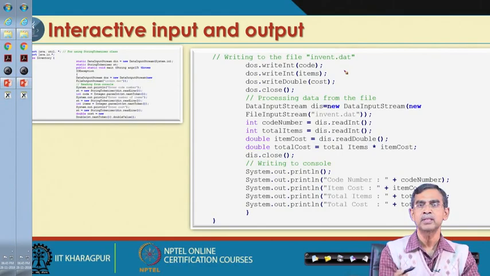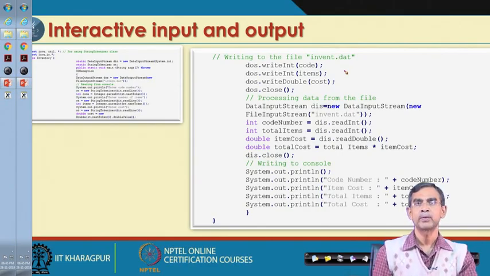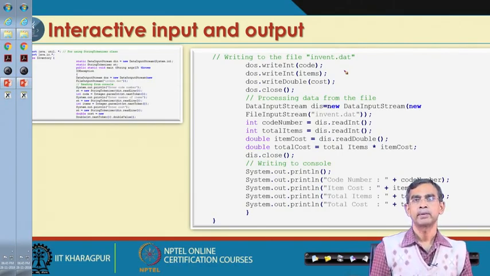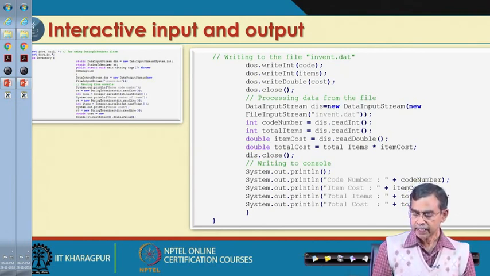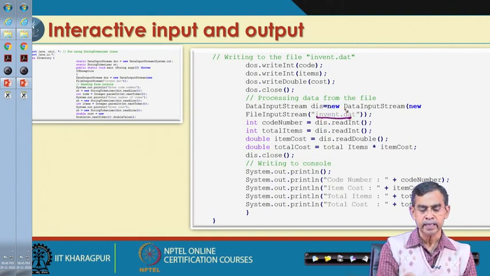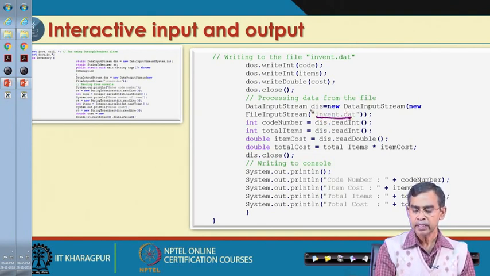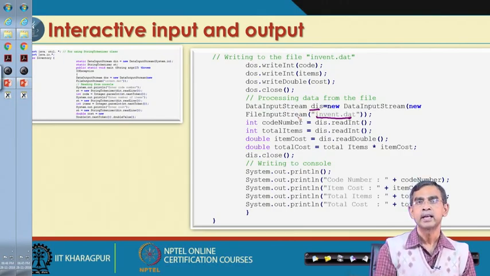This kind of application is very frequent and common whenever you have to develop any application. Now, again here, inventory data is already created by storing it in the file. We create it again, that means we want to read it again.